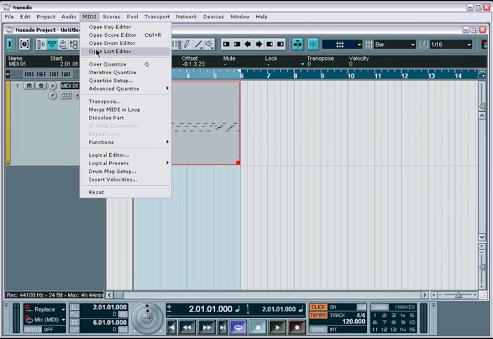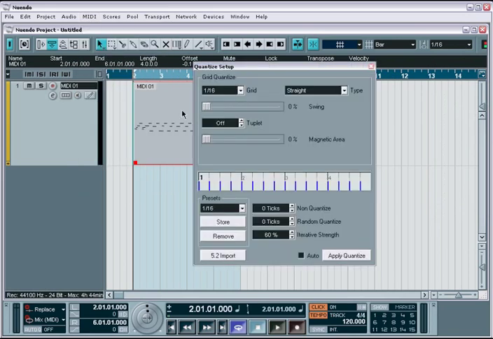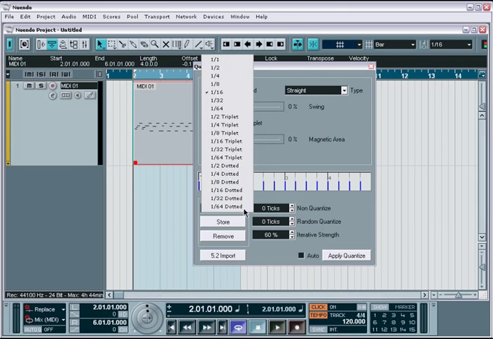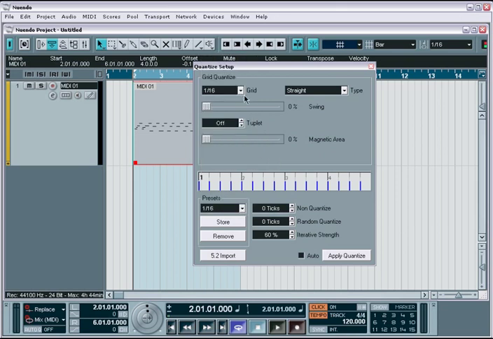Next are the quantize setup windows. These are used to edit the quantize value presets that come with Nuendo. You have several options to work with in the editor. The grid type and swing options allow you to adjust the way your notes will move based on the grid. To make it easier to visualize this, you are provided with a grid display showing you how the notes are